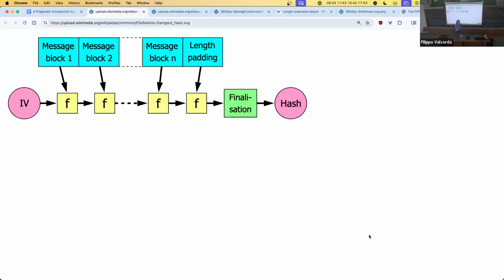And how that's usually done is that you do 2 things. One, you append the length of the whole thing. Because otherwise, you could do an easy attack where you could cut off a piece of the message. And I mean, it's not that easy, but it will make a lot of things easier to do in the attack if you don't also put into the function the length. And then you just put a 1 bit and then zeros until the end. It doesn't have to be this way.